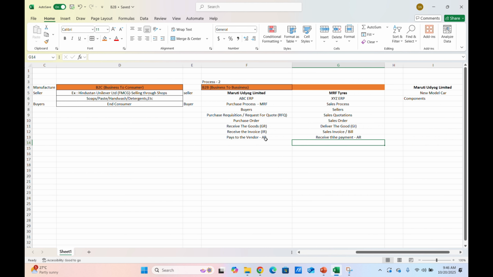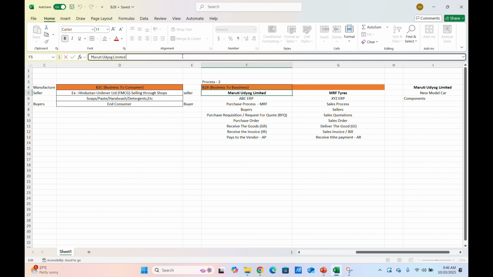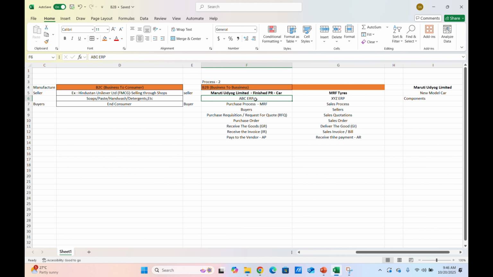So this is going to be another process of B2B. Like you can see here, Maruti Udyog Limited is going to manufacture the finished product, that is the car. To form their finished product, they are procuring the tires from MRF. And like what I've told you,